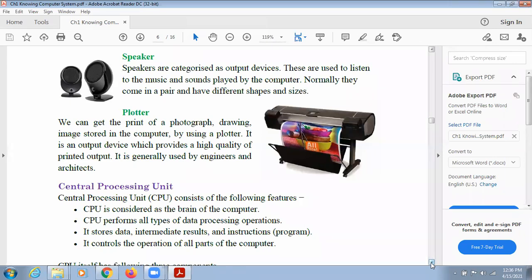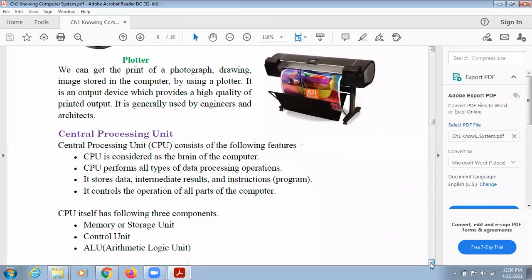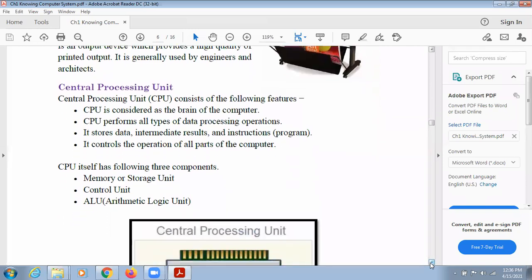You can take the printout on paper, and you can take the printout on cloth also. So these prints you can take with the help of plotters. Your normal printer only prints on A3 or A4 size. And if you want to print on a bigger size, you can do it with the help of a plotter. If you want to create a poster, you can do it with the help of a plotter.